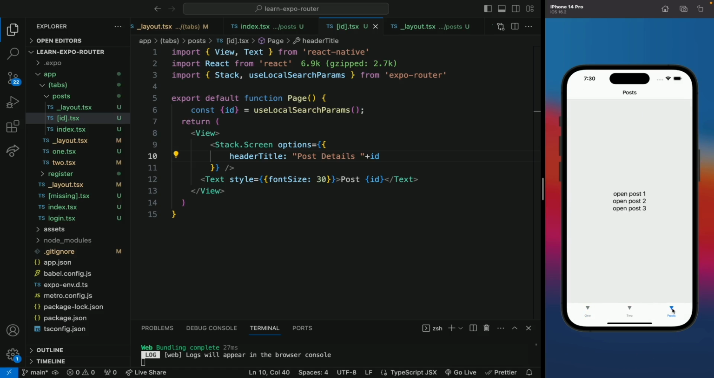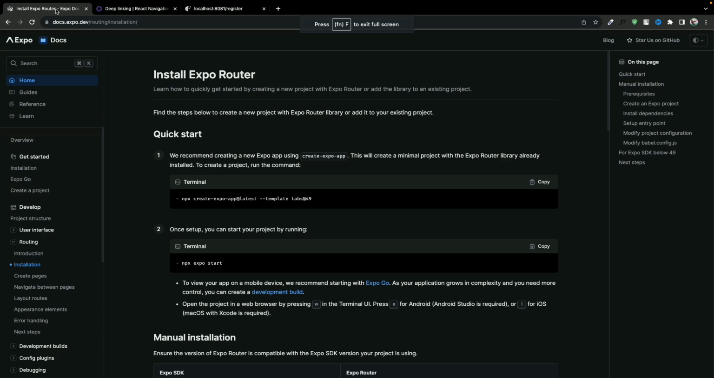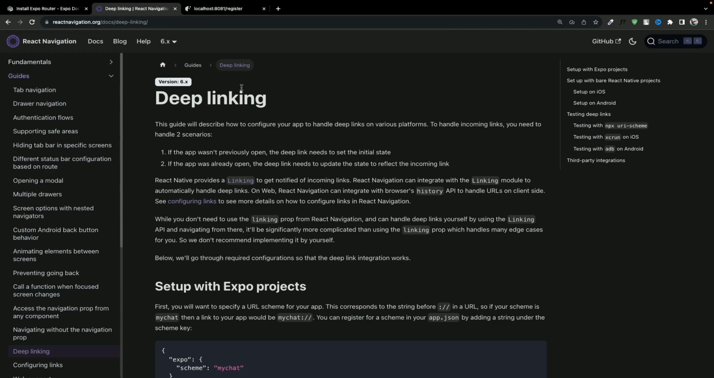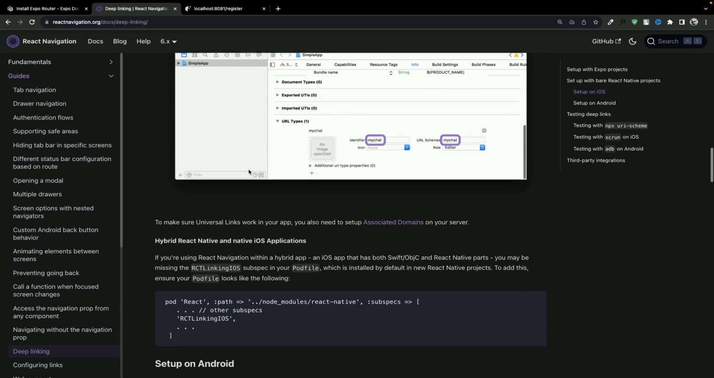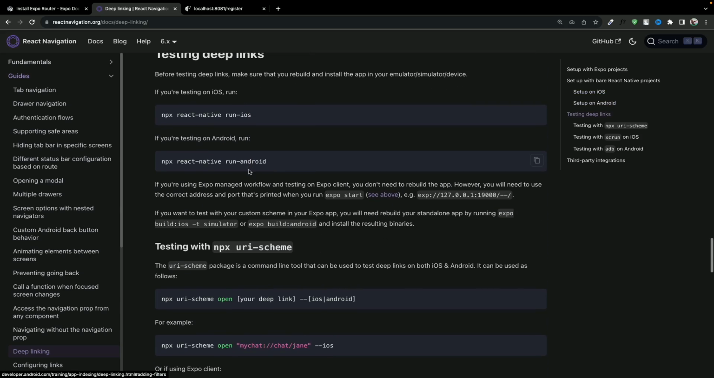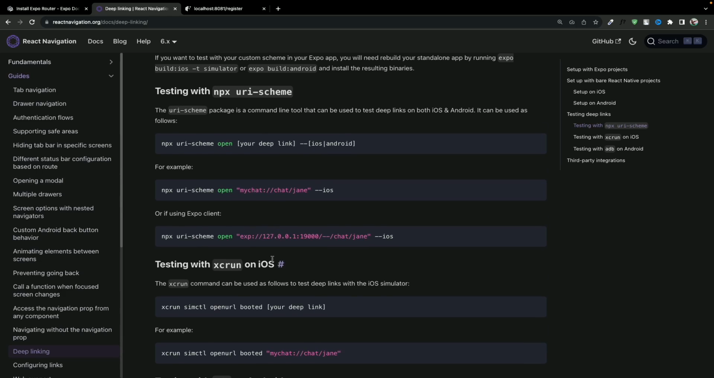So let's move to our post, and with this our deep links are also working, and that means a user can open a specific page inside our application using a link, and that will be the post link. So let's move to deep link testing. This is the web version of our application. So let's move to the React Navigation docs, deep linking, and here let's see how we can test this on iOS. If you scroll down, you will see how we can test this, and here is the command to test this on iOS. We need to provide the URI scheme, open, the address of our application, and then the rest of the URL